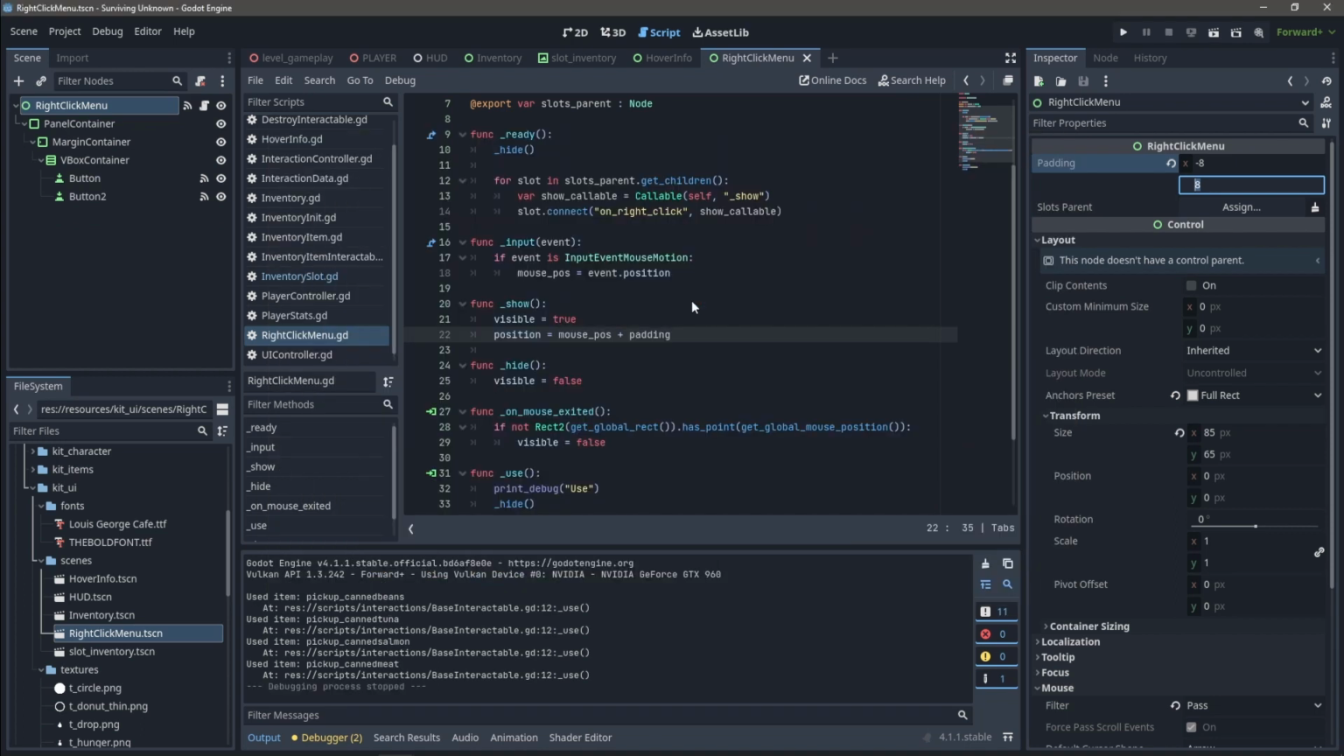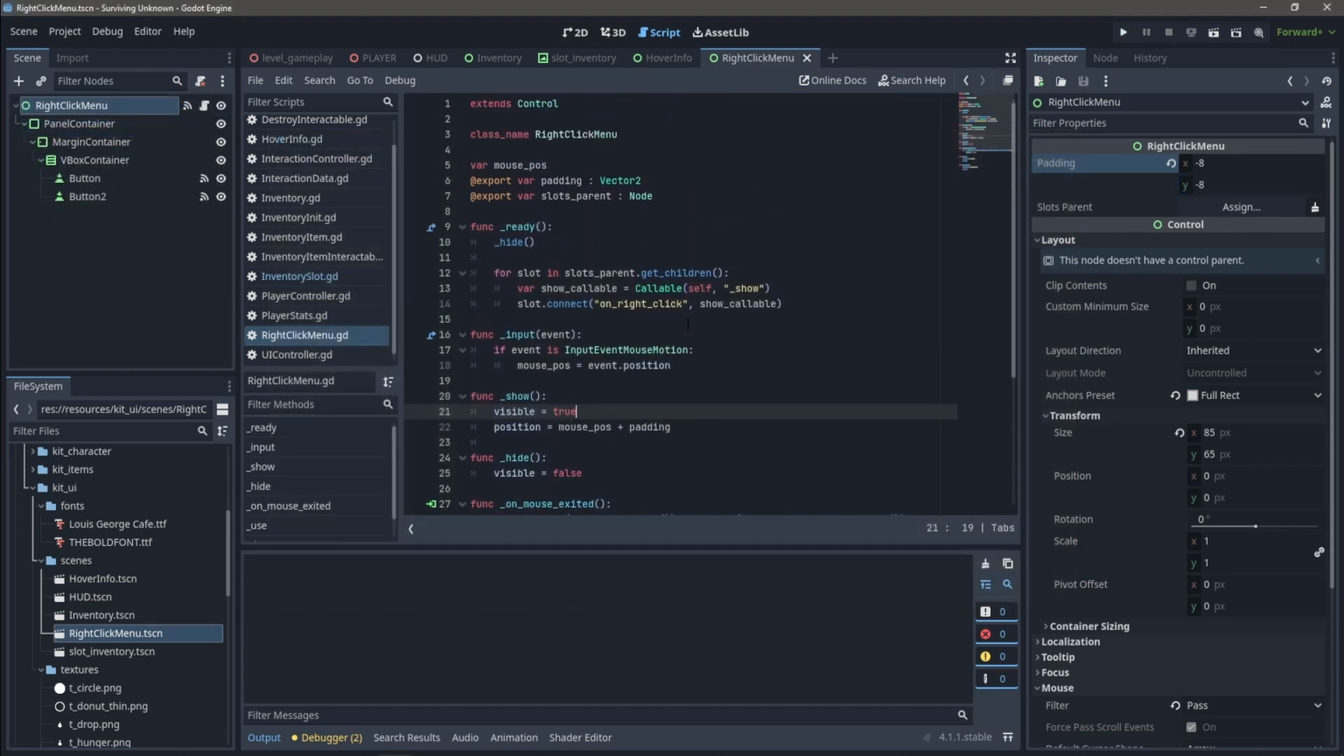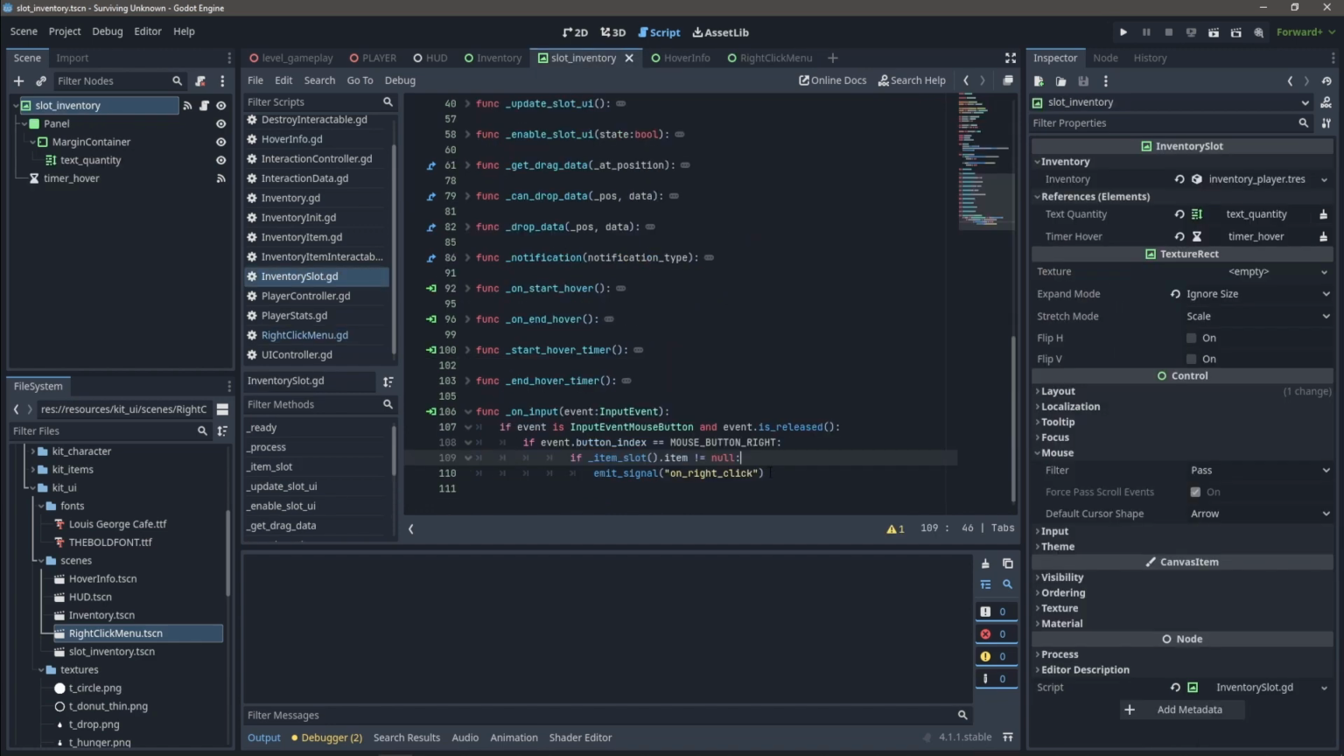And the Y position should also be negative. All right, -8. Cool. And if I pick up an item, yeah, it gives you a little bit more space for the mouse. All right, to get the inventory slot, we can pass in some data using a signal to